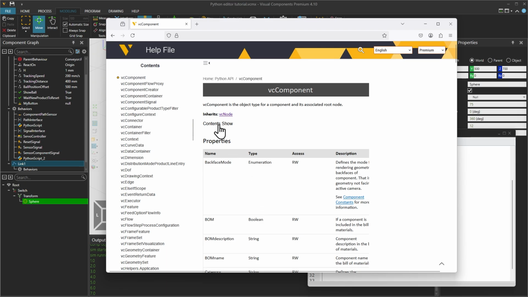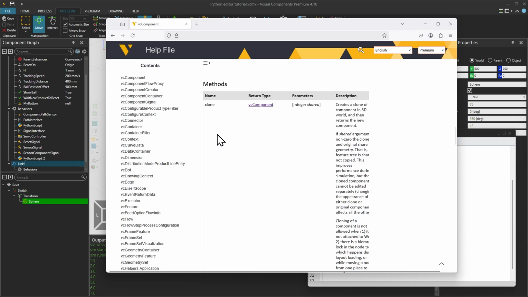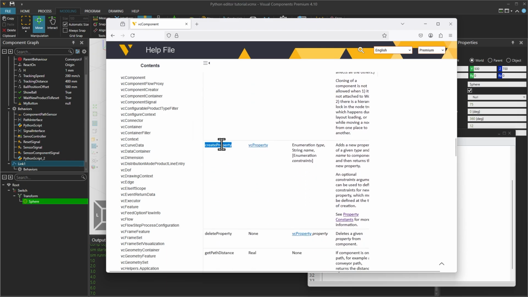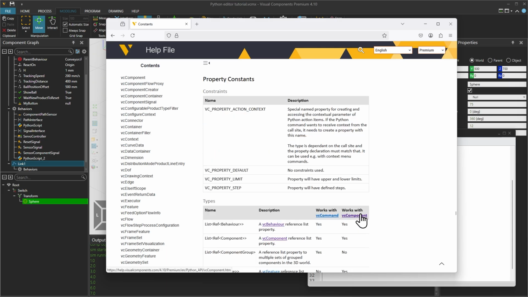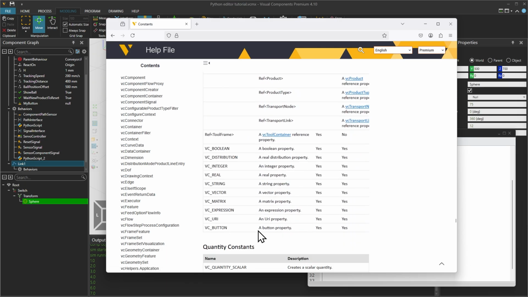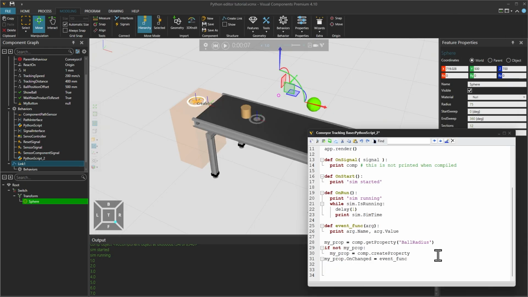And from VC components methods, we can find createProperty and check which enumeration type constants are used. And in property constants, we are looking for the real value of ball radius, so the property would be VC_real. Let's type it as the first argument. The second argument is the name of the property, which is in this case ball radius.